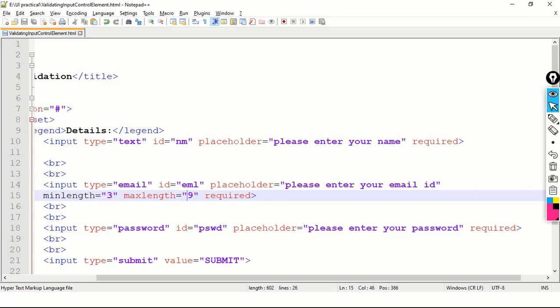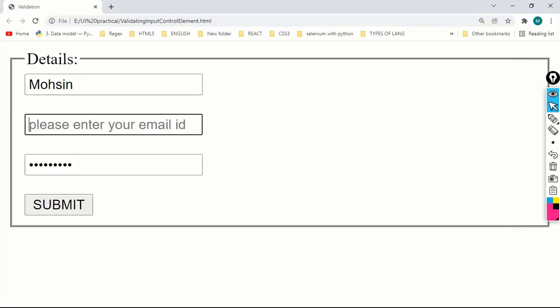I will write minimum length is 9. Let's take sample@example.com. See here, when I am typing example.com, it is not allowing me to enter.